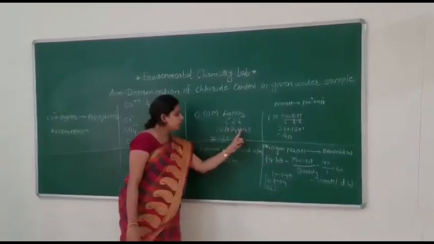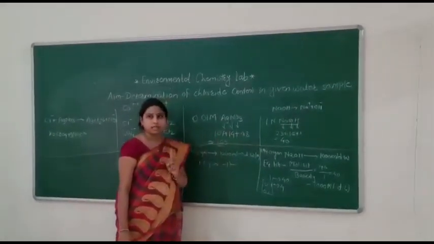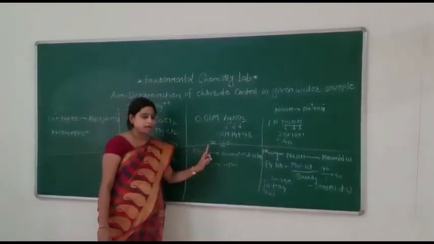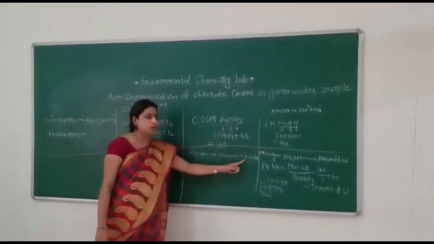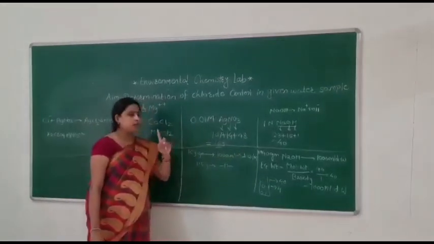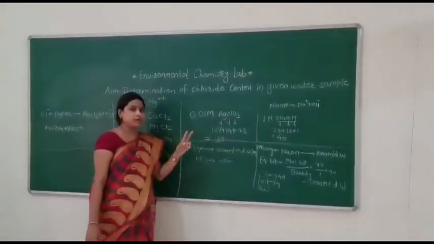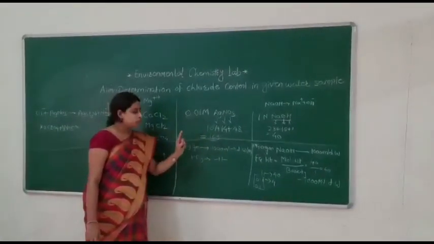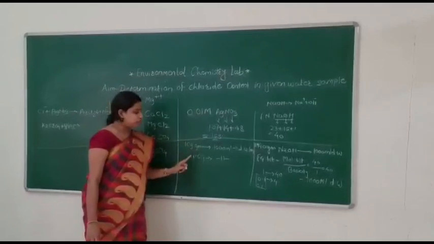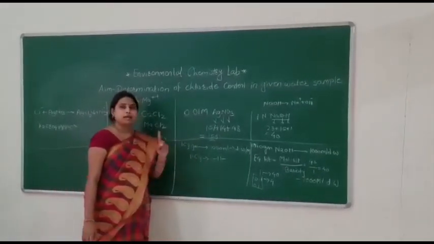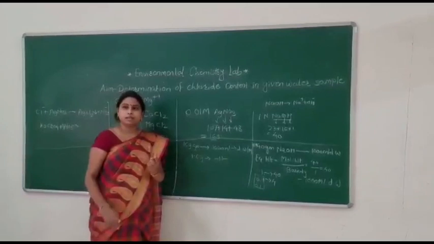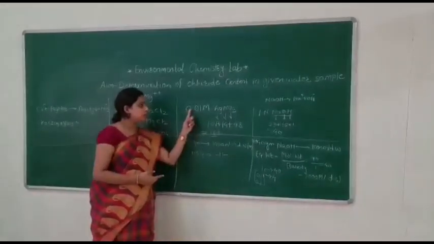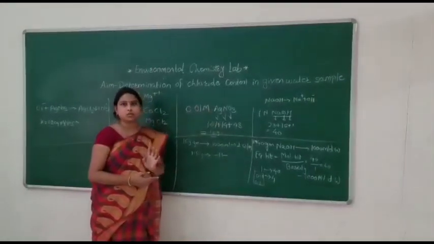So when you summarize this, it comes to 169. So when you dissolve the 169 gram of this silver nitrate into 1000 ml distilled water, you get the quantity for 1 molar silver nitrate. Now here we have to calculate the quantity for 0.01 molar. So you just divide this by 100, we get 1.69, and when we dissolve this 1.69 gram into the 1000 ml distilled water, you get formation of 0.01 molar silver nitrate solution.